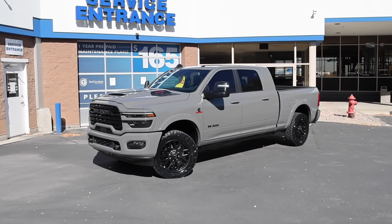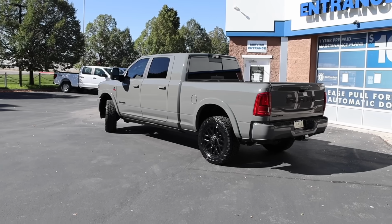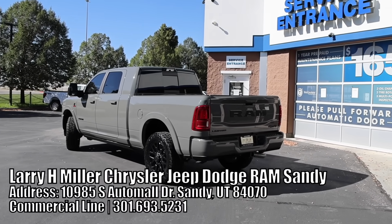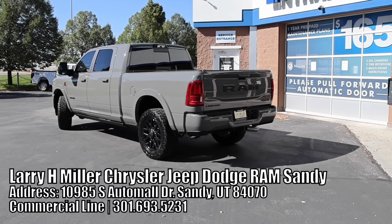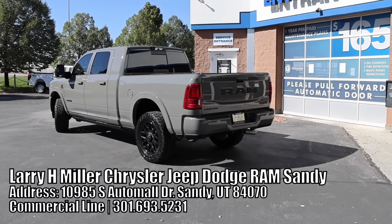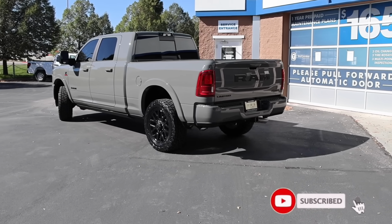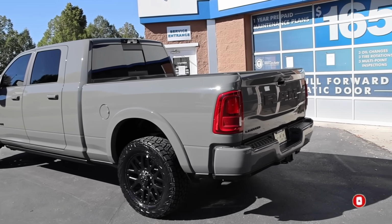This is a 2026 Ram 2500 Limited Night Edition. And some of you guys already know who bought this truck. I borrowed it from Larry H. Miller Chrysler Jeep Dodge Ram here in Sandy, Utah. This truck is sold to someone that is well deserving. Worked really hard to get here. Really proud of them. And yeah, let's go ahead and check out the window sticker so you guys can see